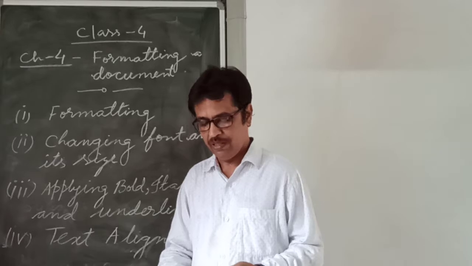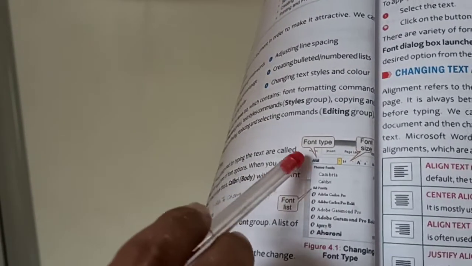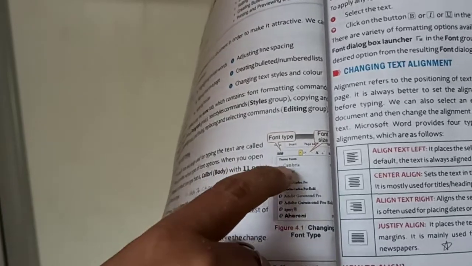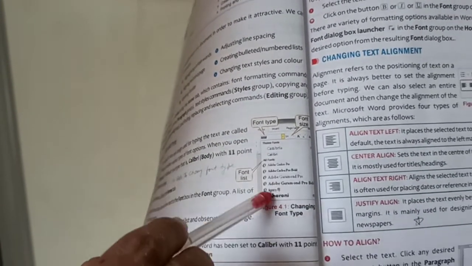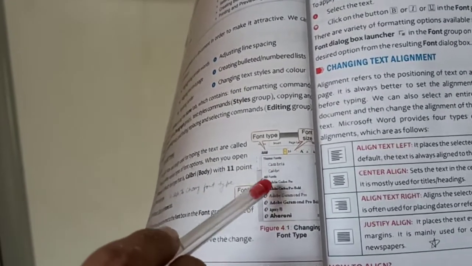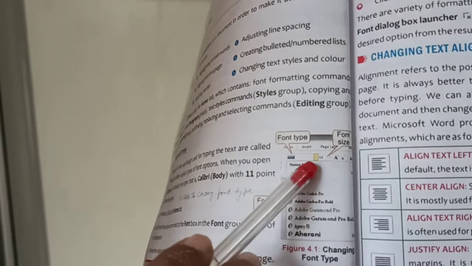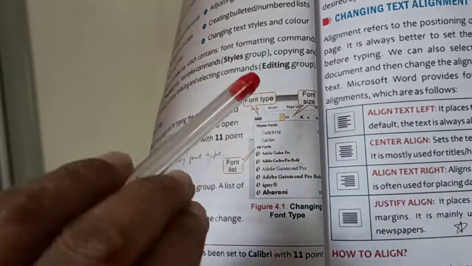If you see, after selecting your text, it is given under the home tab. This is the font style group. If you click this arrow here, one drop down list will come. These are all the different styles of fonts. Whatever you select, that style will take place in your document. And beside this, you can see one size box, where 14 is written. This is the size of your font.